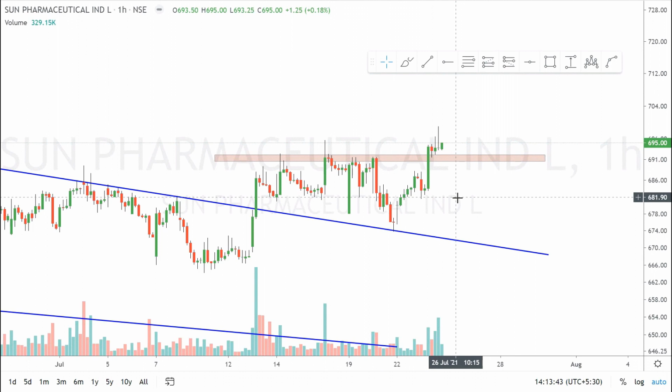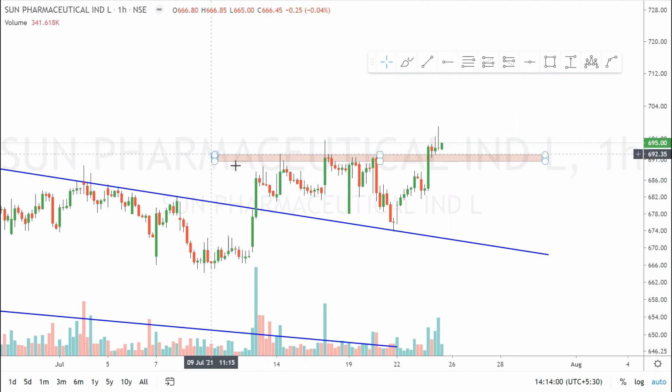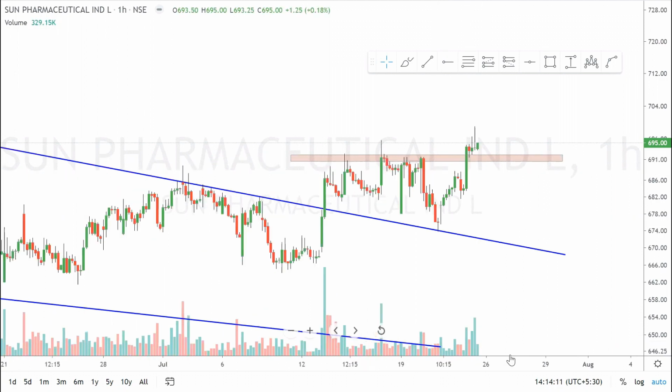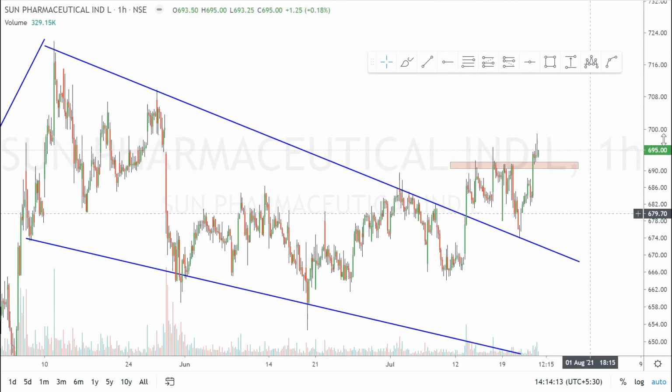So guys, the term for this is known as change in polarity, and what exactly it means is, whenever a stock breaks a resistance, then that resistance will act as support for that stock. The same thing is happening here. This zone was a resistance for Sun Pharma and now it has broken with good volumes, and now Sun Pharma is probably going to take support over here. So this is the third confirmation we have.